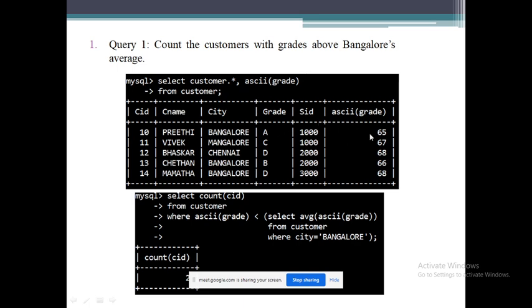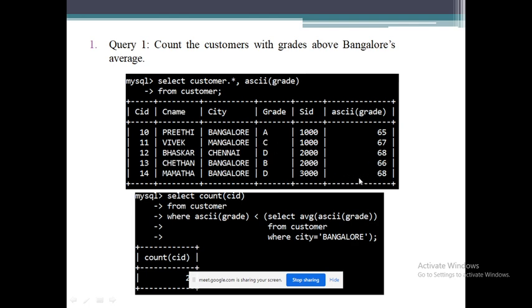If I take ASCII of grade, then it will display in numerical format. So A corresponds to 65, the ASCII value of A is 65, and C is 67, D is 68, B is 66, like that.